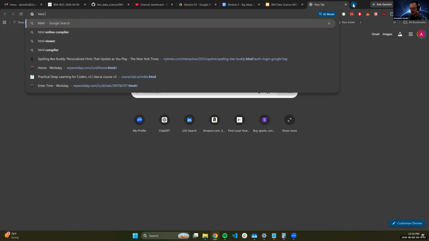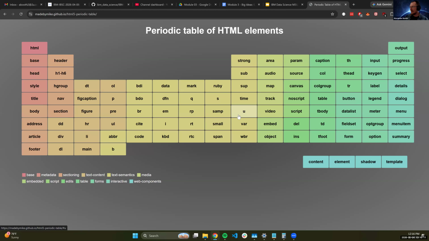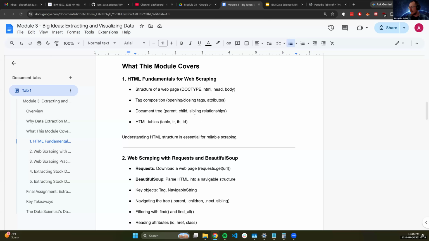If we actually look at the periodic table of HTML elements, I like showing this because doing front end work, that's what HTML is. It's the structure of a website. It requires memorizing a whole bunch of different tags and labels and how they can all be used to structure information. That's not really the point of the boot camp. So try not to get caught up in HTML structure, more so understand the high level concepts